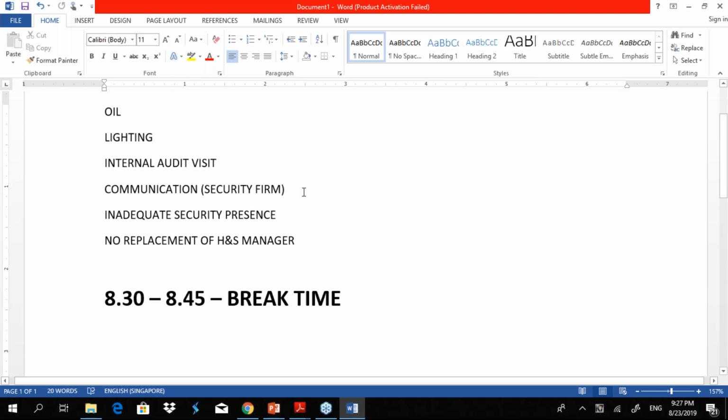Right, then the fourth one, communication. So the weakness was the previous break-in was not reported to CC. So the weakness is that communication channels are not being used effectively. That's the weakness.